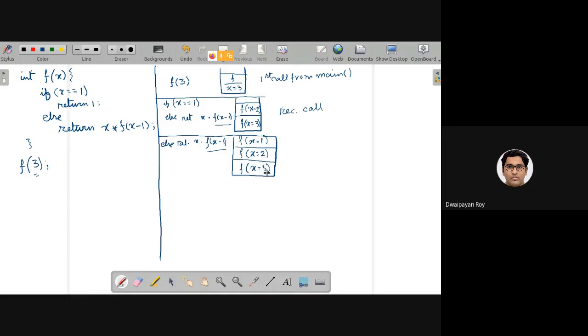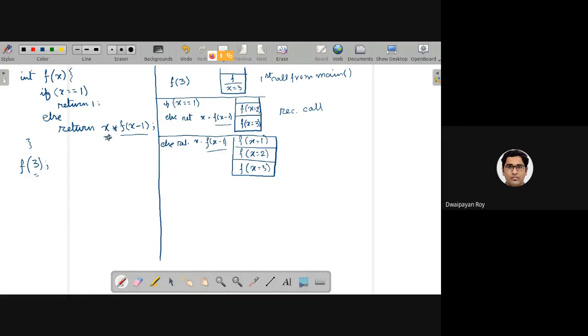As you can see, first it was x equals 3. Note that when we call this function f of x equals 3, this 3 should also be considered later on. But first we need to compute f of 2, and from f of 2 we need to call f of 1, where the x equals 2 will also be considered at some point, right, to do this multiplication.